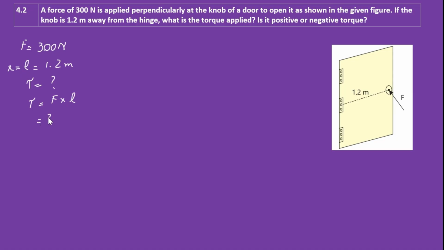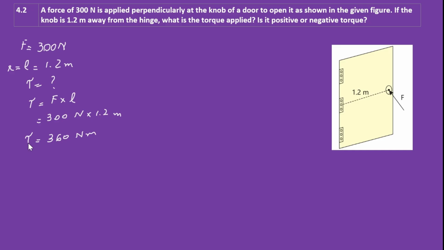We will write here 300 Newton, and we will multiply this with the moment arm, which is 1.2 meters. Multiplying 300 with 1.2, we will get 360, and the units will be Newton meter,